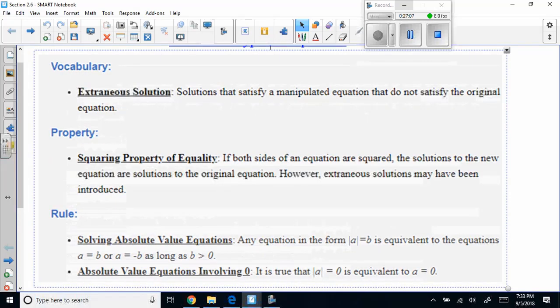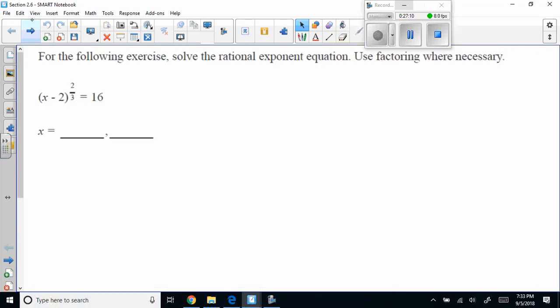Here we go. All right, snap, crackle, pop. For the following exercise, solve the rational exponent equation. Use factoring when necessary. Ladies and gentlemen, first things first. I'm going to raise this